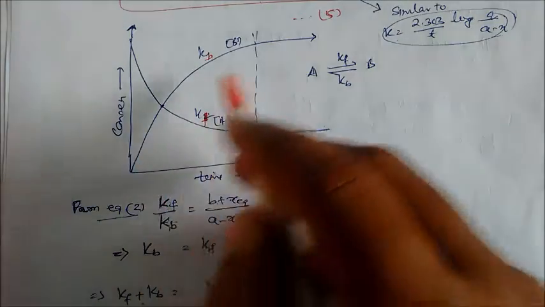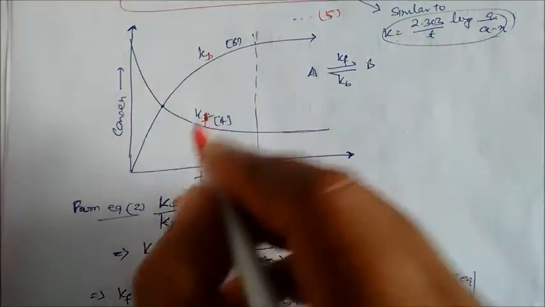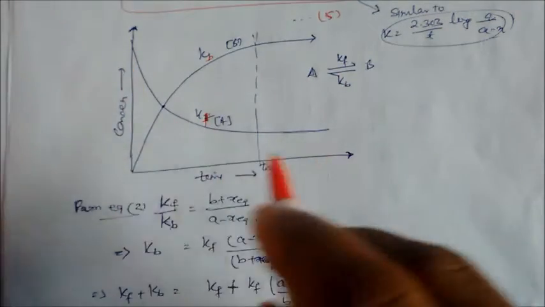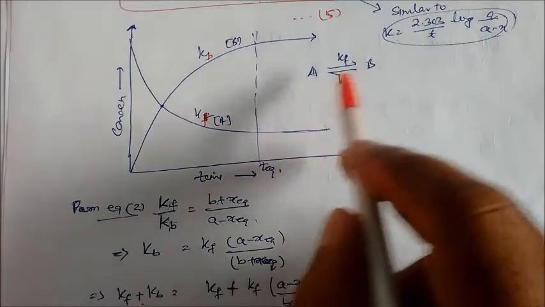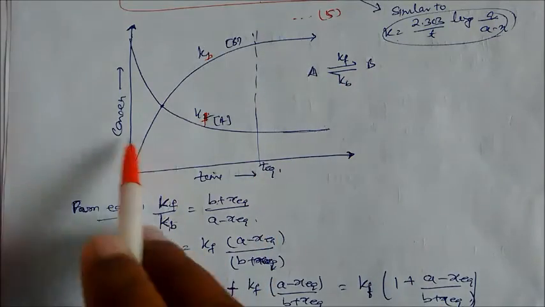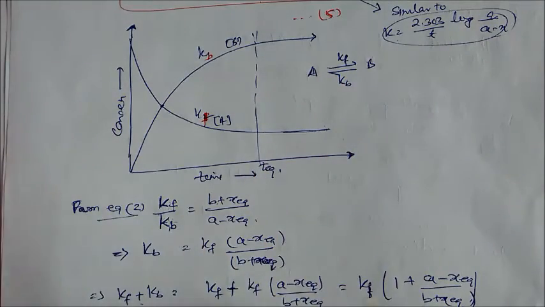The concentration of B is increasing, and the concentration of A is decreasing. So A goes to B and B goes to A. This is the concentration versus time graph. And again, from equilibrium B,